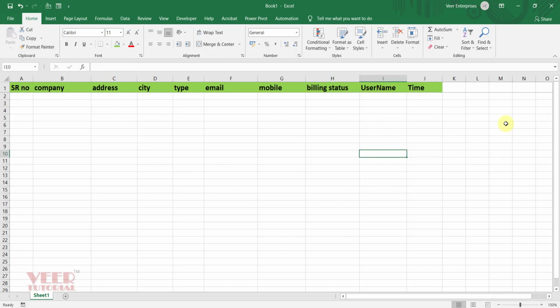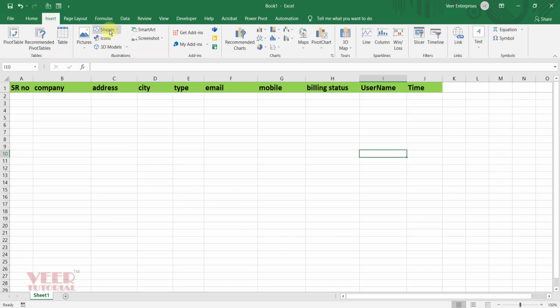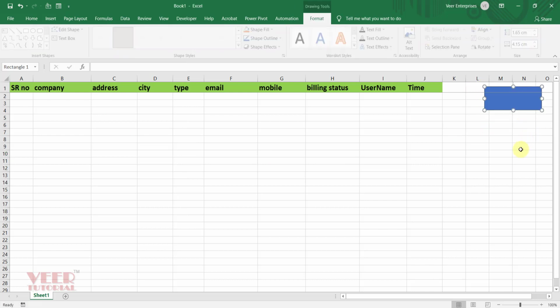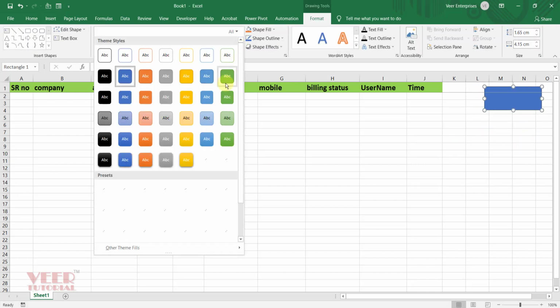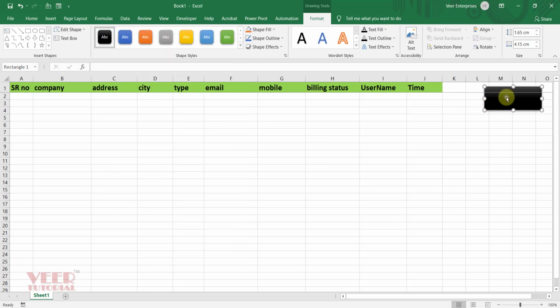So after that we would like to enter a shape here, and you can change it like this.